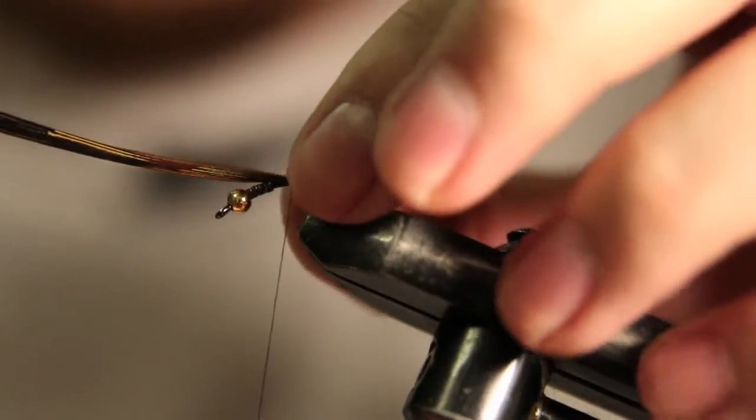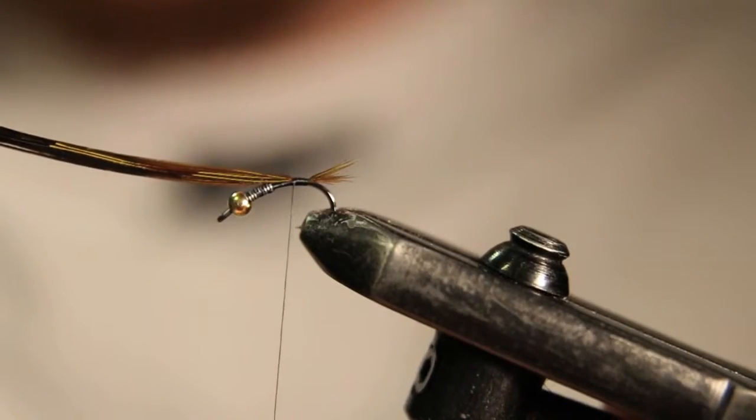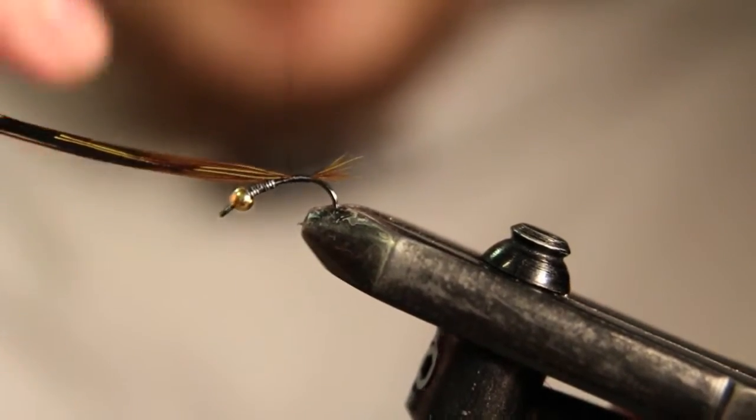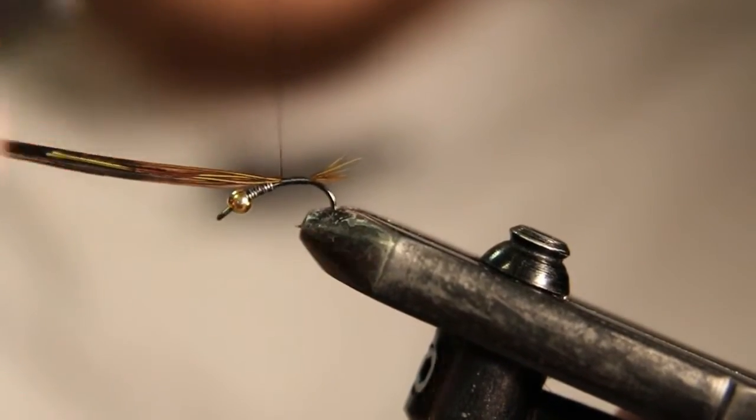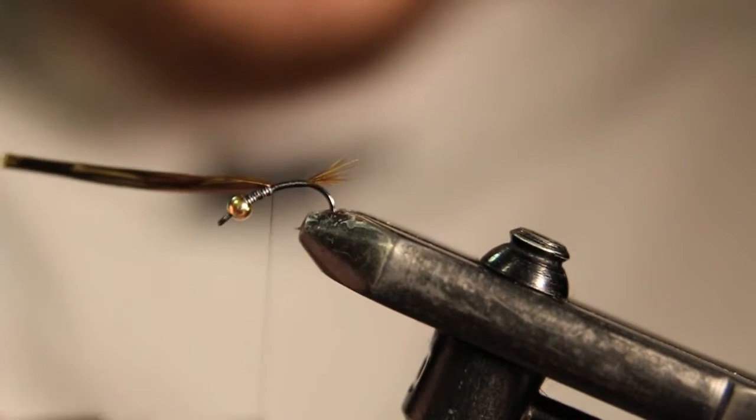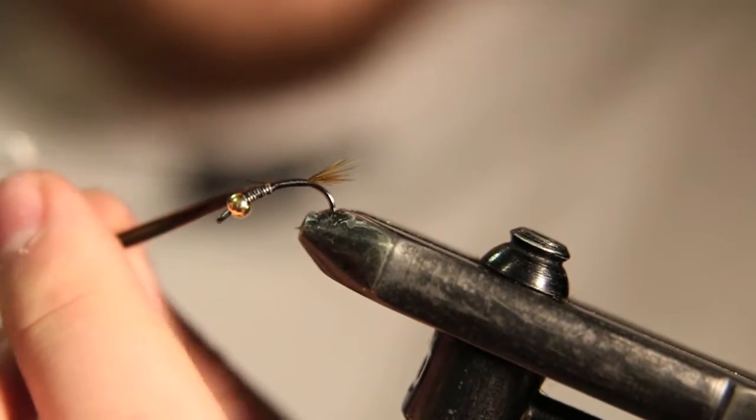I see a lot of people when they tie nymphs and stuff, their tails are pretty long. I like to keep mine just about the size of the hook gap, and I think that's pretty much perfect. But it's all personal preference and whatever you feel